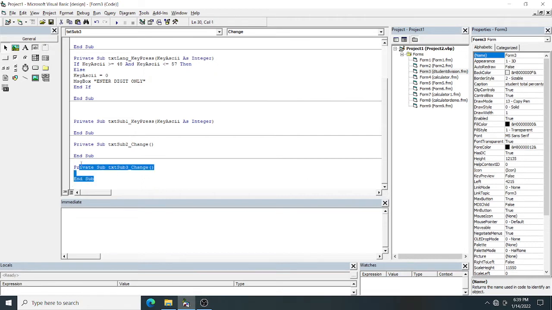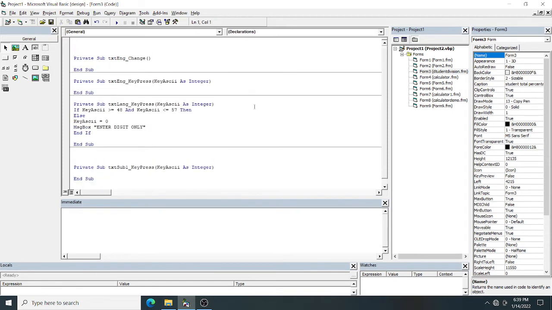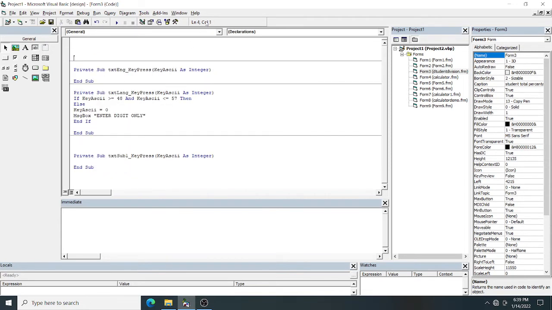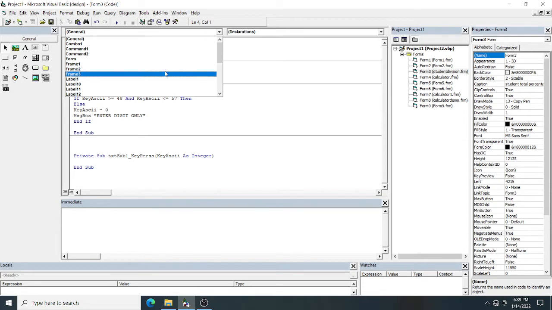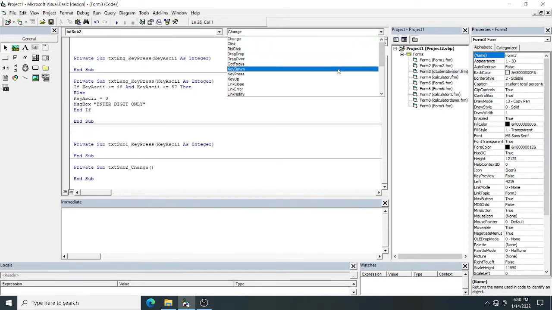So it is not key press event, these are change events that came. So what to do? Again you have to do it. Here, go here, check whether the language event came or not. Go for subject 2 and click here, which event?